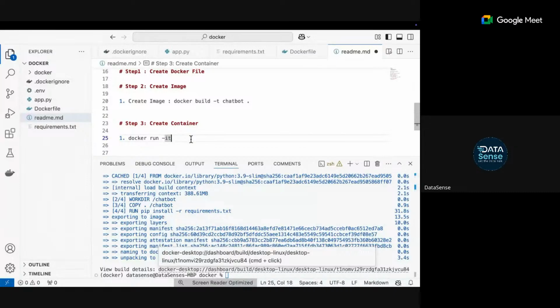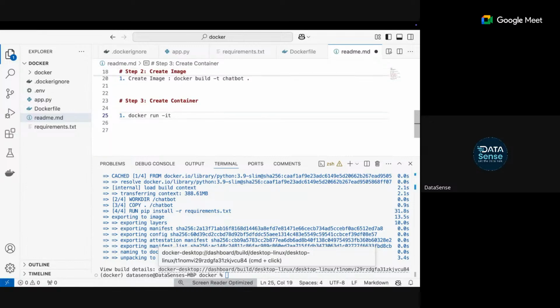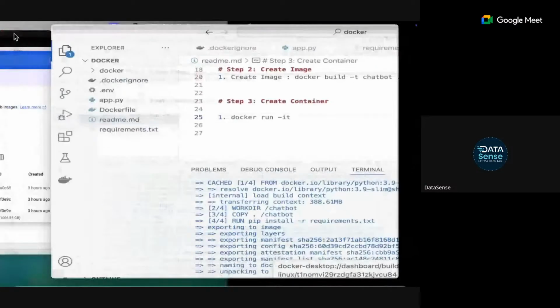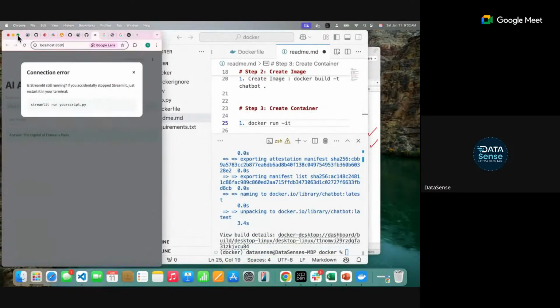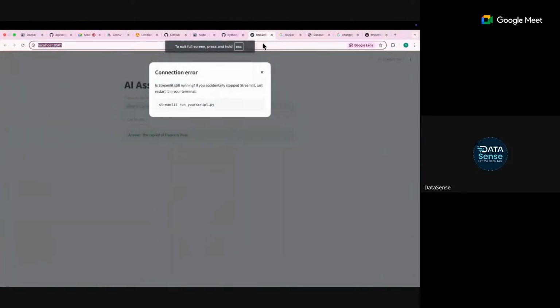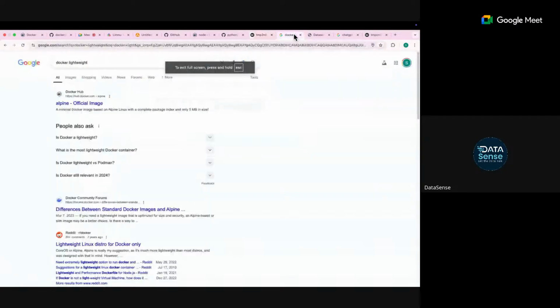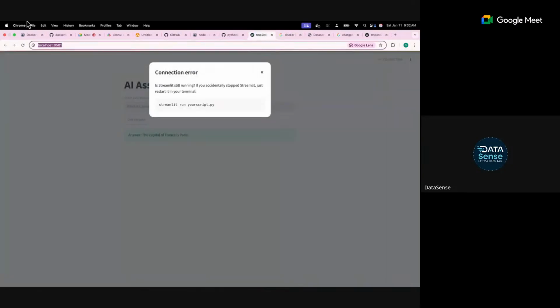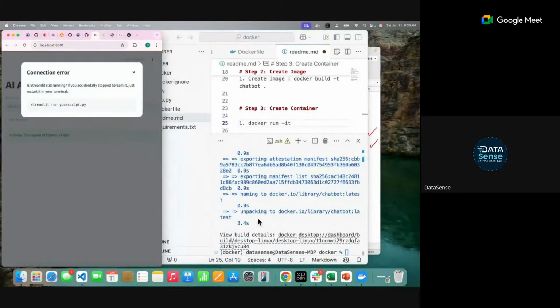So what do I need to mention? First of all, remember this: the application that we are going to run will come on a web server, on a website. For example, it was running on my localhost. Every computer that we use has ports. They are numbered. What are those ports?